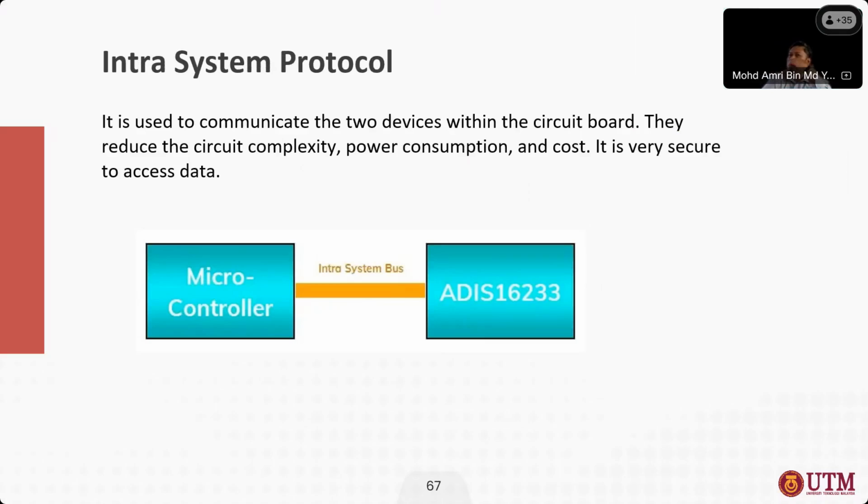The same device, a device that can talk to another device, not a different system. So inter is between different systems, while intra is device to device. For example, in this slide, a microcontroller, let's say our Arduino, is communicating with a module. This module is the ADI S16233, a digital